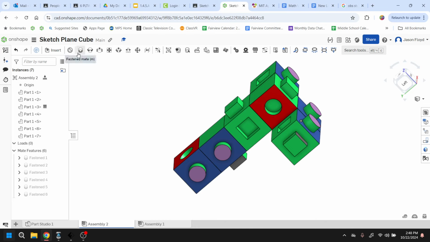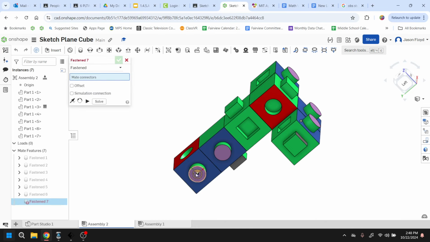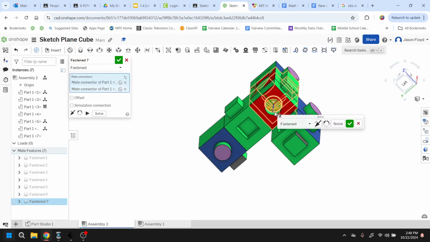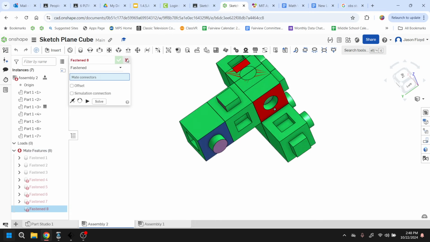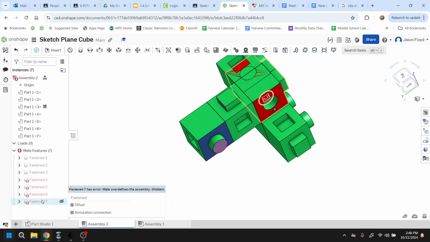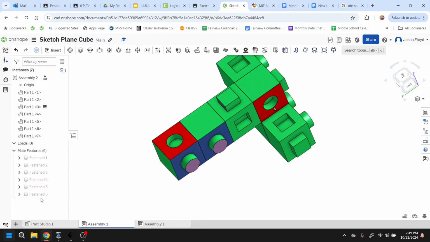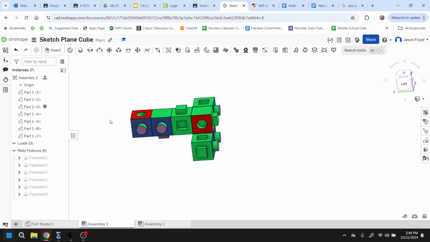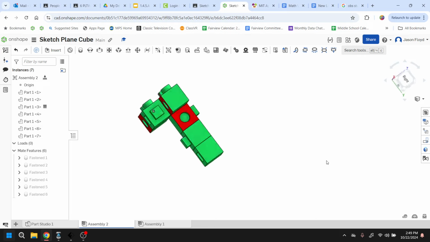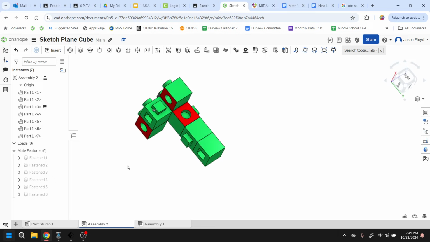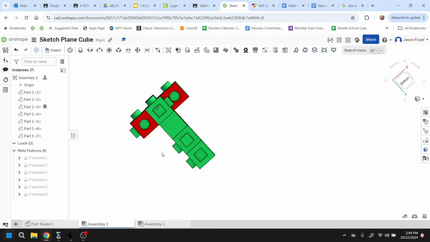Now, if I do that fasten mate and I want to do this circle to, let's say, this circle now, I'm going to green check mark it. And you're going to notice, because I've already applied a geometric rule, I'm getting errors here. All it's saying is, I tried joining 2 pieces that couldn't be joined because of an existing rule. I can delete that off and go back to my original. So what you're seeing is I have a completed assembled part at this point, and we are ready to do some basic